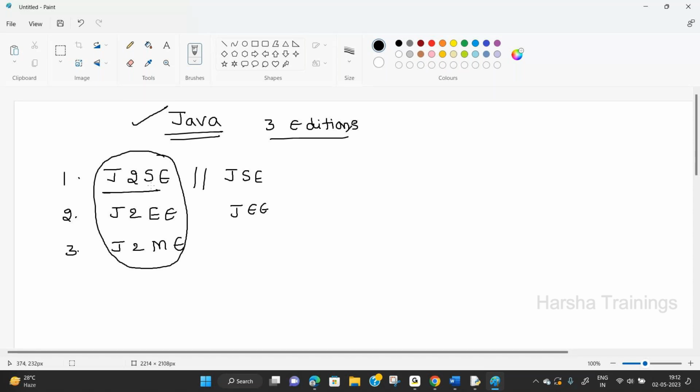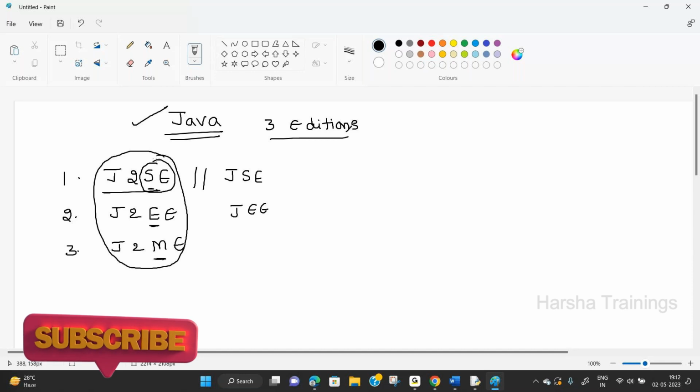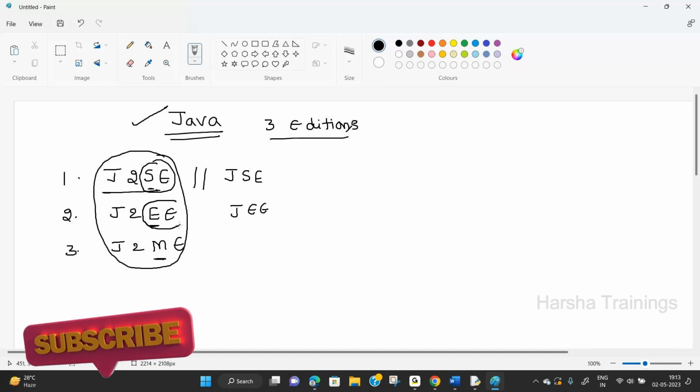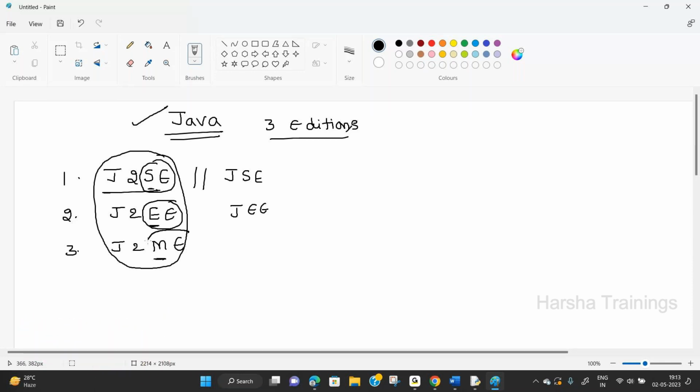What is J2SE? Java 2 Standard Edition. S specifies Standard Edition. J2EE, Java 2 Enterprise Edition. J2ME, Java 2 Micro Edition.